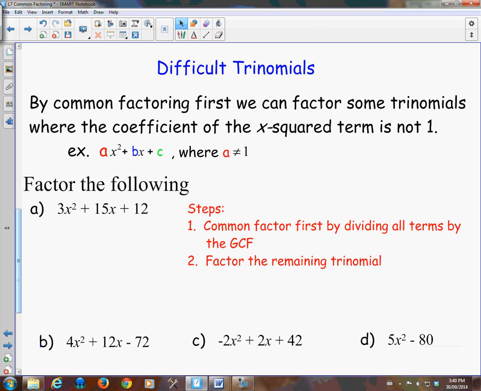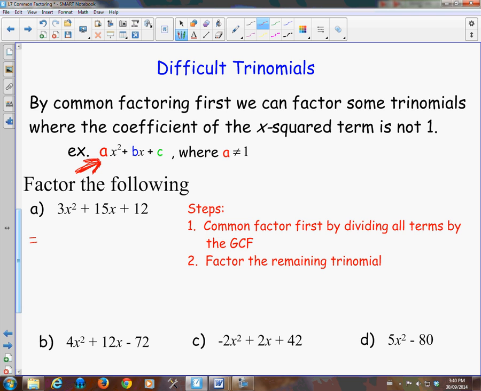Now that you've done page 233, number 13, we're going to go back and look at some more difficult factoring. We've looked at simple trinomials. We're going to talk about some difficult trinomials. Difficult trinomials happen when the number in front of the x squared is something other than 1. So 2 or 3 or 6 or 8 or 10, something other than 1 in front of the x squared. When that happens, we want to common factor it first and then factor it again using what we know about